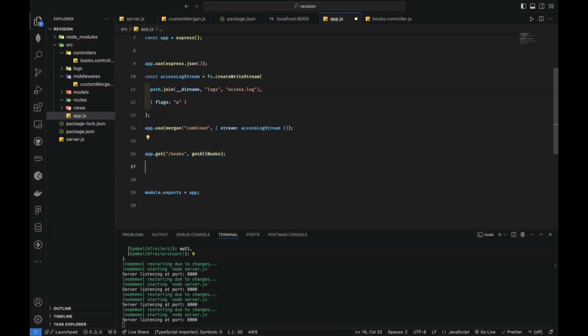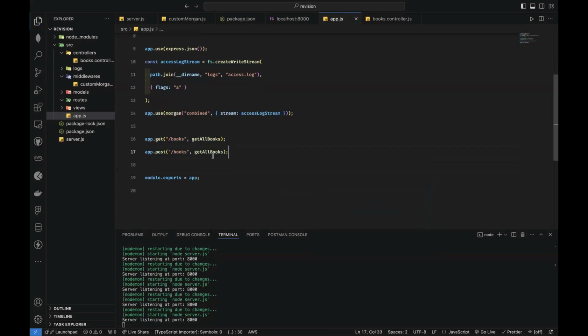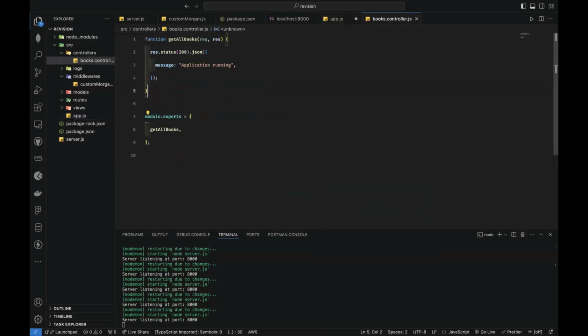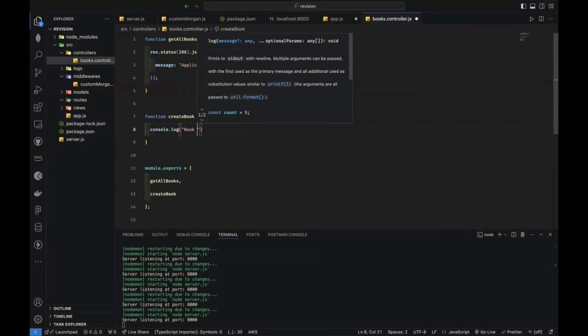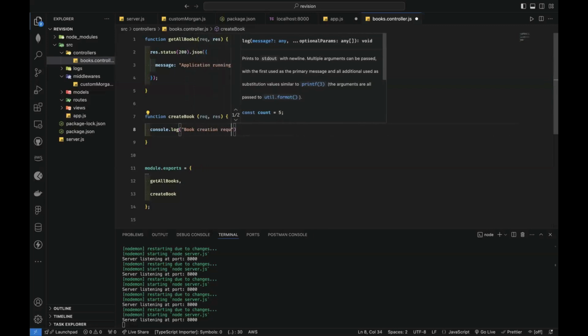So let's do post. All right, post slash books. So there's a request to slash books, a post request. How do you want to handle it? So I want to say createBook, right? So I'm going to come here and write function createBook, with the request. I'm going to export this from here. Console log book creation request